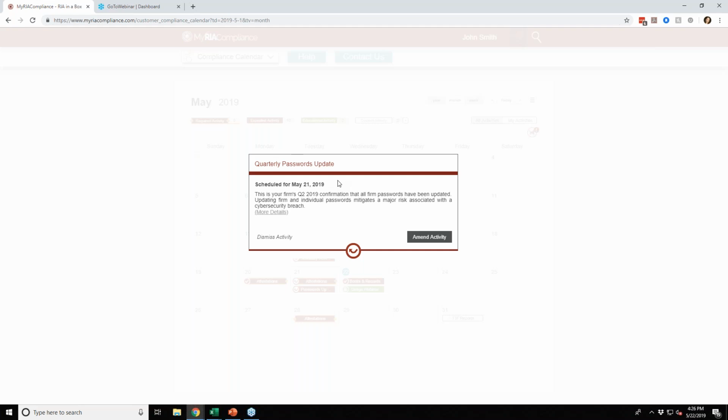Now, one step beyond that, in compliance settings, I'm going to show you in just a little bit how you would set things up if there were things in there that you didn't want to do, or that you wanted to do more often, less often, whatever the case may be. You'll be able to do that in compliance settings. So if there is something on your calendar, you can dismiss it on a one-off basis, but you can also go ahead in compliance settings and address that so that it's not coming up constantly